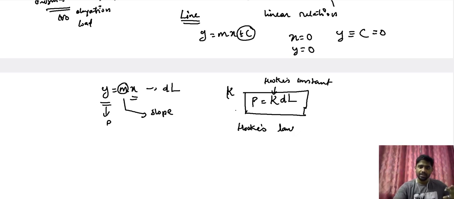So let me repeat, in addition to the metals and alloys, Hooke during his investigation observed that there are other materials which exhibit this elastic behavior that is characterized by the linear relation between the load and the elongation, and all these materials, in addition to the metals and alloys, are categorized as Hookean